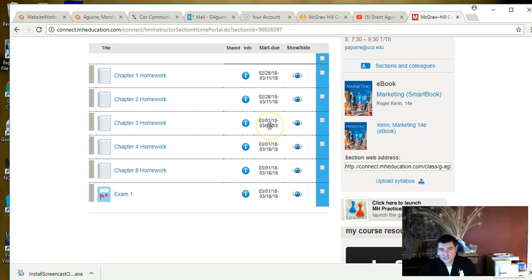These are listed in the syllabus. They'll also be listed on the course calendar, and of course they're listed here on the McGraw-Hill site, and then the exams. For this course, for assessment purposes and for a field experiment that I'm running, we will not be using the monitoring feature that has been required of many of the College of Business courses, because the course exams, which will be administered through McGraw-Hill Connect and not through D2L,